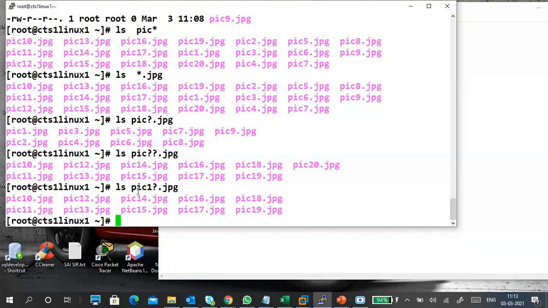Why is 20 not there? At the first place the 1 is already there, so in the question mark place only one character from 0 to 9 will be taken, or a, b, c, d, like 1a, 1b, 1c can be taken. So this is another wildcard. Next,